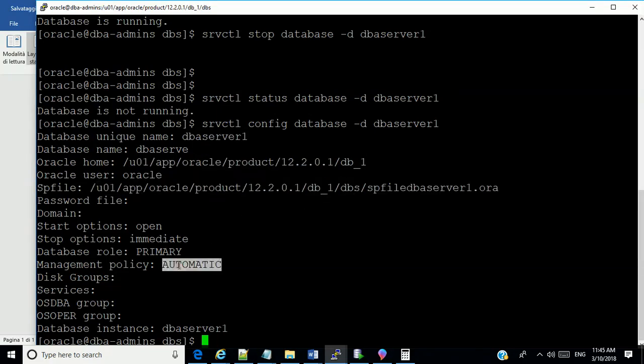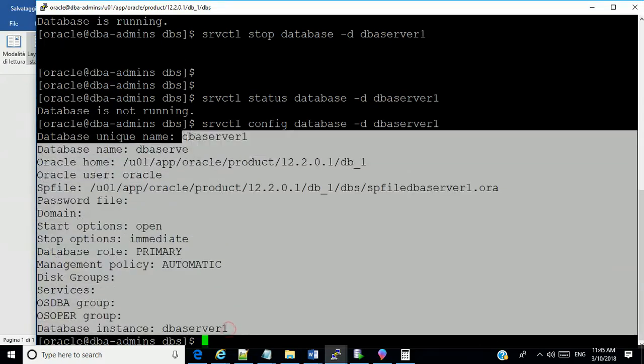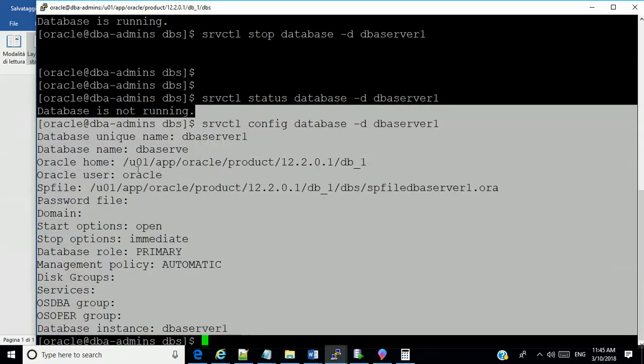It's telling me it's an automatic management policy, meaning that Oracle Restart will normally manage it by itself. It's a very useful tool, and these are things that you must know, very important. Those of you who are going to install databases on this server, I'm going to register your database servers with Oracle Restart so that you can use this command.